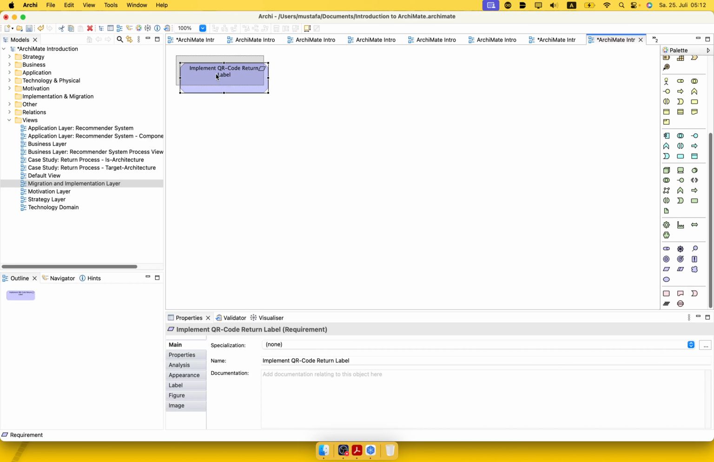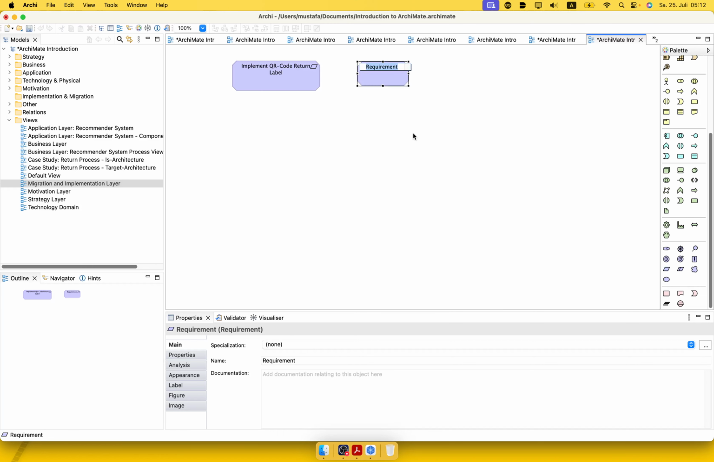On the other hand, I want to show specifically the work packages that will make it possible to implement these requirements. So I will be improvising a few more requirements that perhaps have not been discussed so far. So the first requirement I have written down is to implement a QR code for the return label. And the second requirement